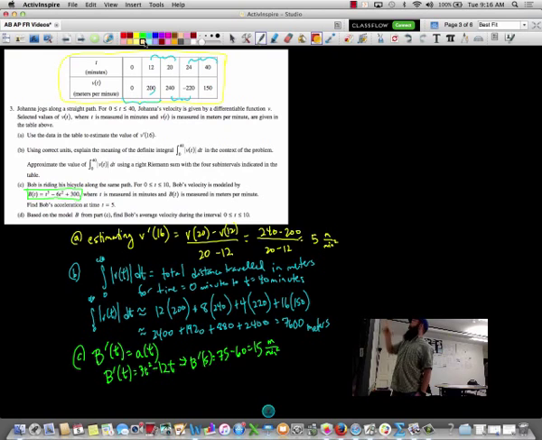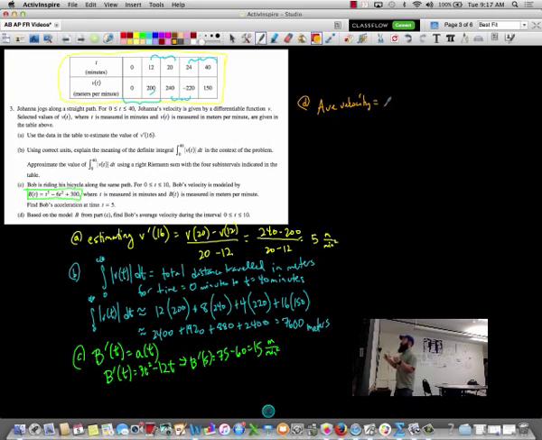And then part D says, based on the model B in part C, find Bob's average velocity from the time 0 to the time 10. So keep in mind that when you're dealing with averages, if you're doing an average rate of change, it's an AROC. If you're doing average of a function that you have, it's average value of a function. So on this, part D, I want average velocity, and I was given velocity. So I'm going to use the average value of a function, which involves the integral. So Bob's average velocity